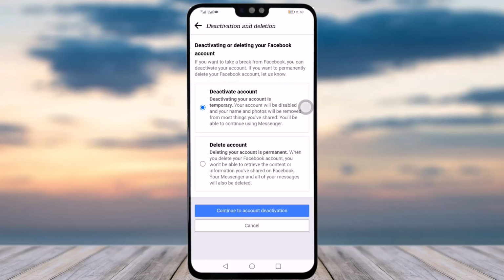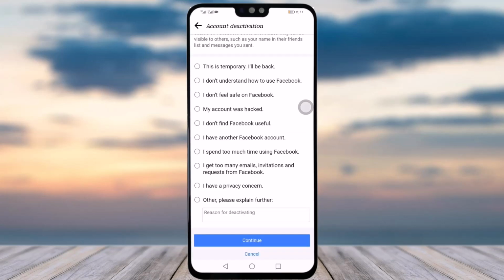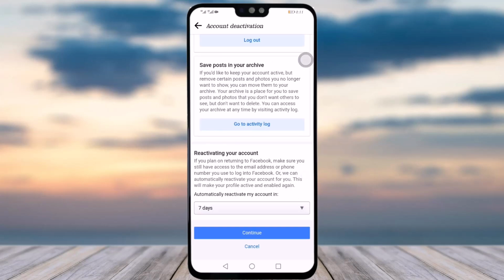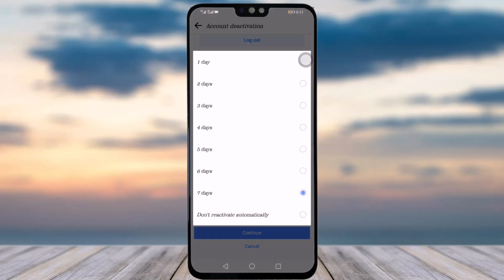I'm showing you the process of deactivation so we can reactivate it. So apparently you can choose deactivate account or delete account. Even if you choose either of the options, the reactivation process is the same. So I'll tap on this continue account deactivation, tap on that, and then you can choose any of the options, and then you can just tap on this continue option, tap on it. Then you can scroll down and see this reactivating your account option, where you will see the 7 days option. Tap on the 7 days option, and then you can see at the bottom of your list you will see